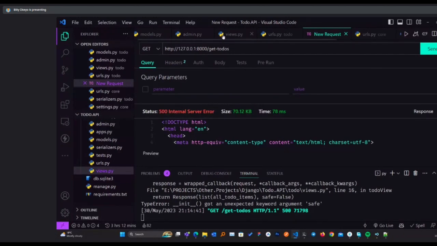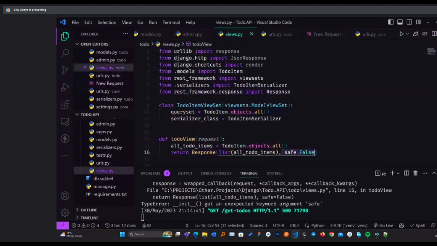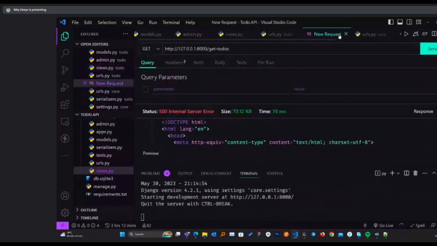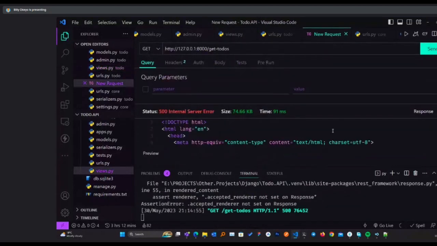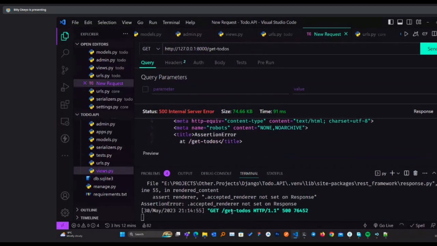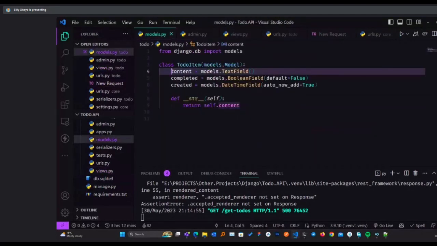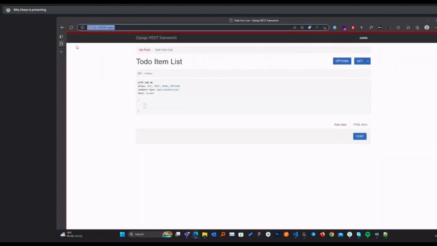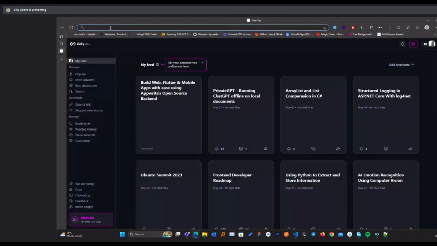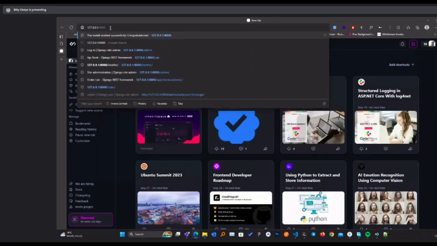Don't need that. It's a bit weird, but let me try to edit.